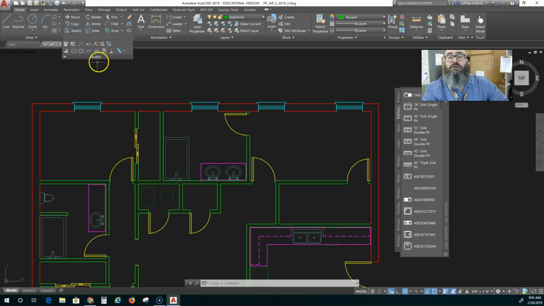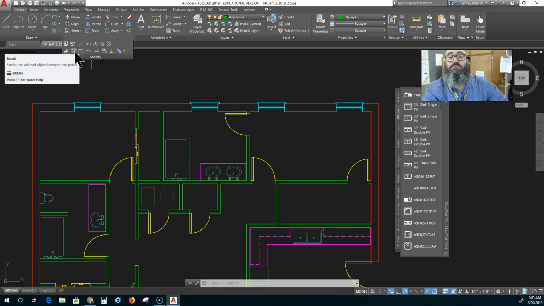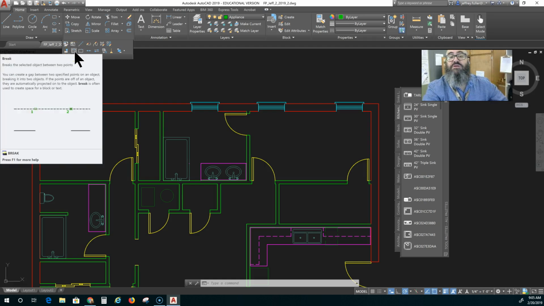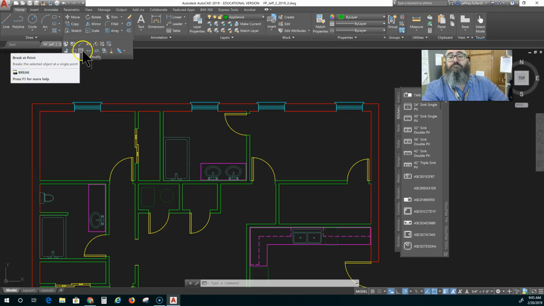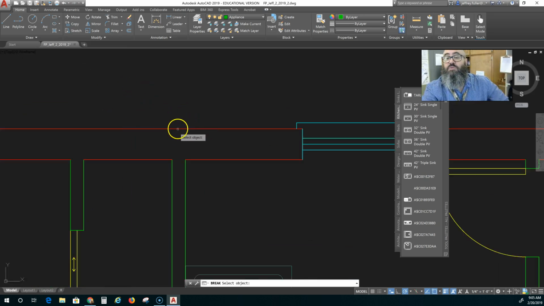I'm going to pull down the little arrow, and you see there are some split tools here. This is break at point, and this breaks the selected object between 2 points. Either one will work fine. So, let's say I choose break at point, and I want to break this wall right here. Select object, and then